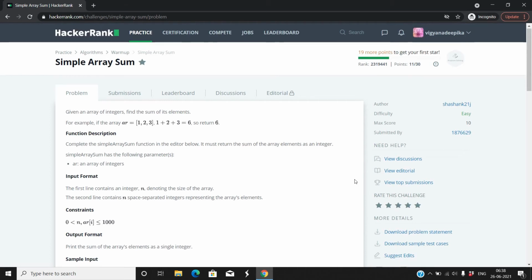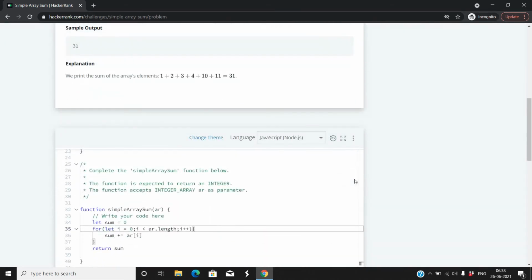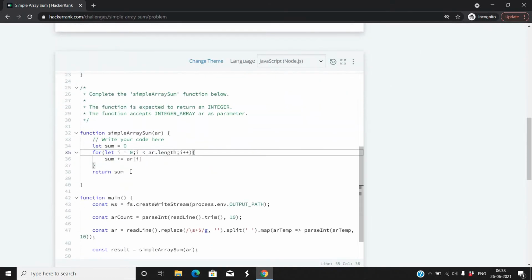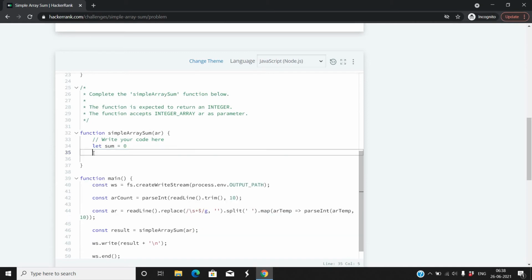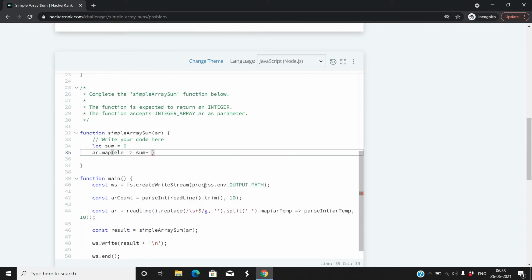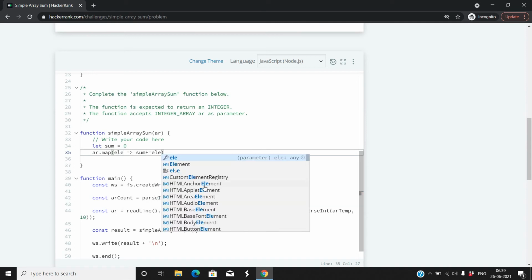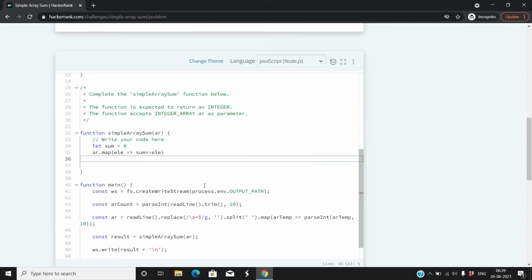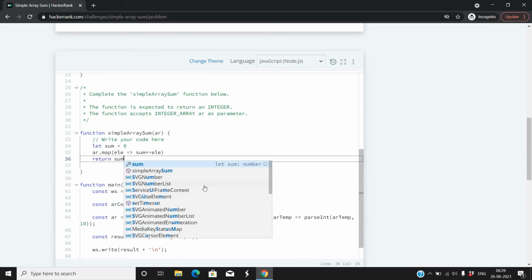Let us see another way to solve this particular problem. Let me delete this for loop. Let's see how to solve this problem with map. I'm writing array.map, taking an element, and simply writing sum plus equals element, and finally I'm returning sum.